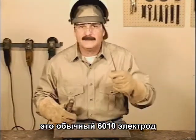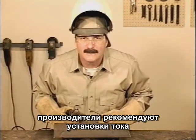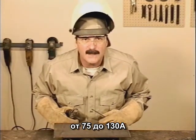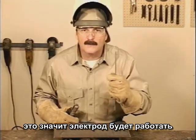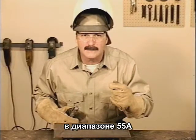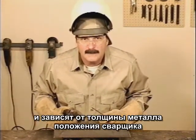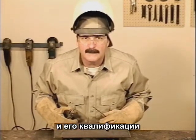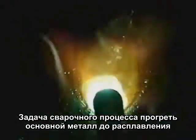This is a 1/8 E6010 electrode, and this is the most common size used. The manufacturer's recommended amperage setting is from 75 to 130 amps. They're saying this rod will work over a 55 amp range. The specific amperage setting is considered a variable and depends on metal thickness, position of the weld, and the welder's ability. The whole purpose in arc welding is to get the base metals hot enough to melt, forming a molten